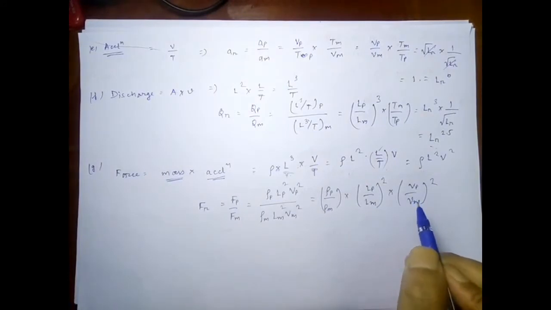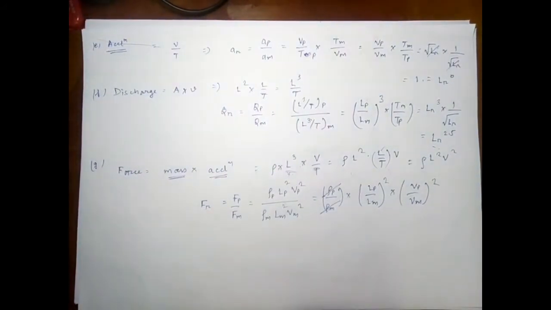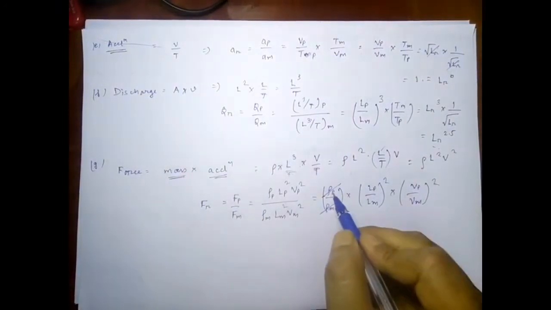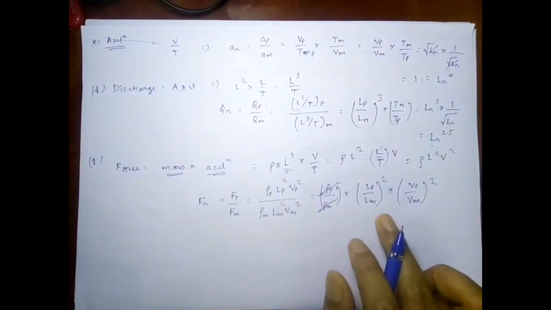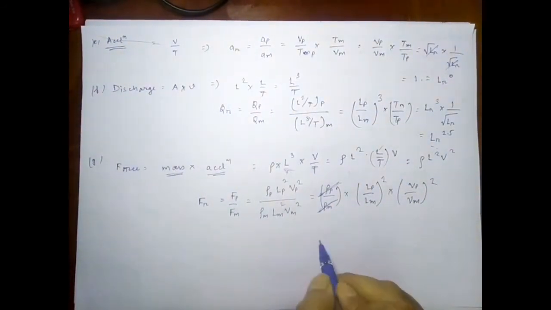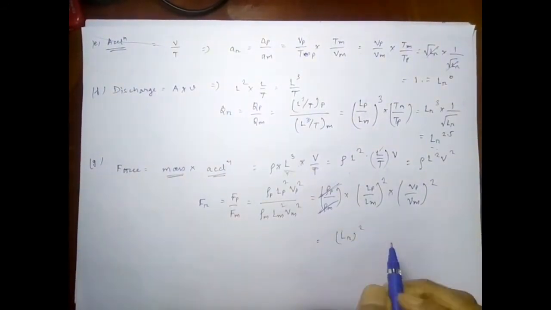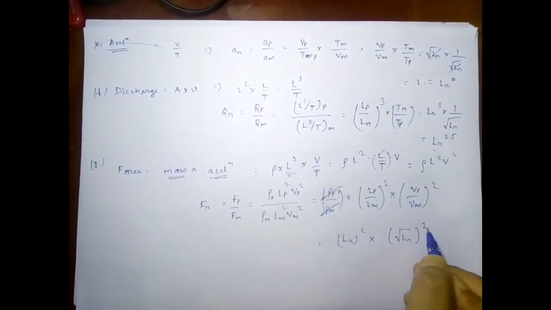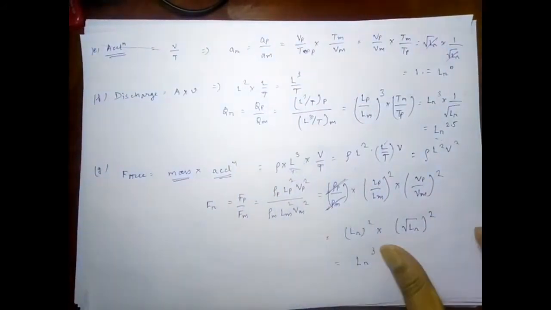So now density of both the materials will be same for model and prototype, so we can neglect it. Considering that both the model and prototype are made of the same material with the same density, we are neglecting this. So it will be Lp upon Lm square and Vp upon Vm square, and therefore it is equal to Lr square multiplied by square root of Lr square. So it is Lr cube. So this is the scale ratio for force.